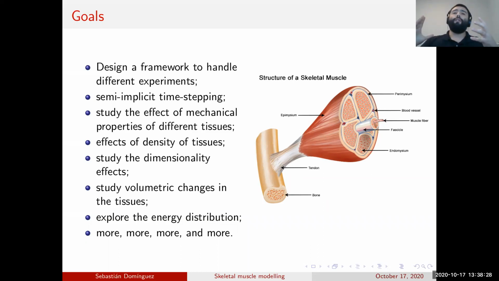So essentially, all these goals also come with some challenges, of course, right? One of them is, as usual in biological systems, that the complexity of what you're trying to model is pretty high. And when I say complexity, it means that the geometry is very complex. The mix of different materials is very complex too, right? Getting 3D images of muscles that are attached to your body when you're alive, or when animals are alive, is not easy. And so many of the measurements that you find out there are based on dead muscles.